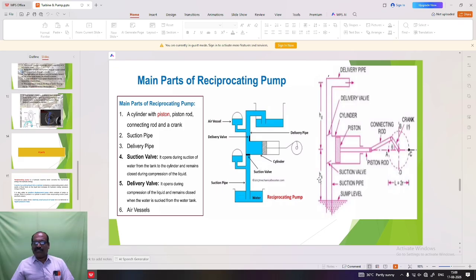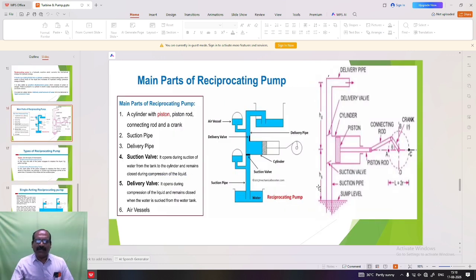These are the main parts of the reciprocating pump. Mainly it is a cylinder which contains a piston, and the piston rod is connected with the crank, along with the suction pipe, delivery pipe, suction valve, delivery valve, and air vessels. The operation is